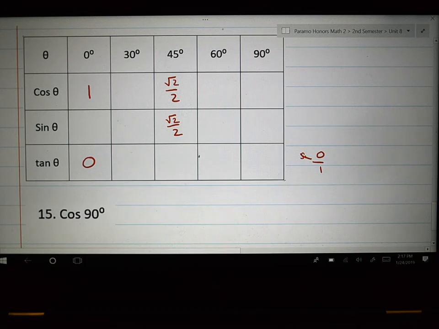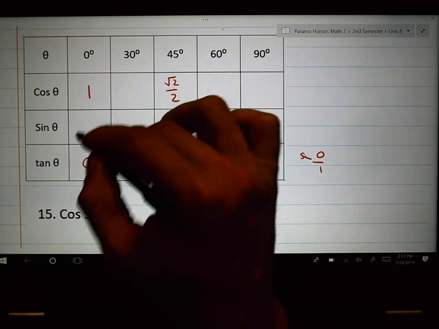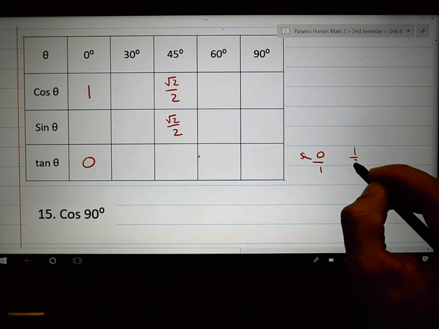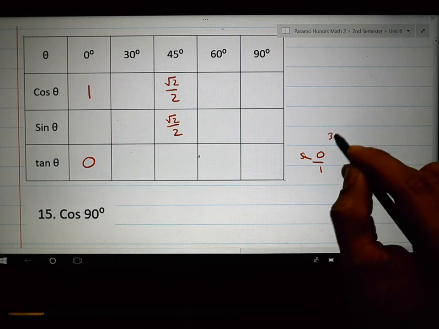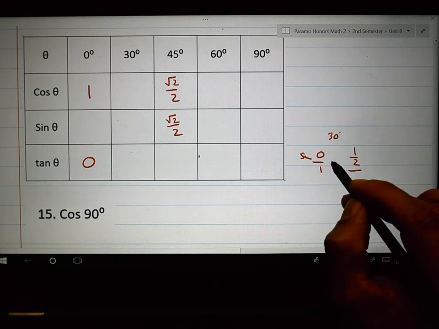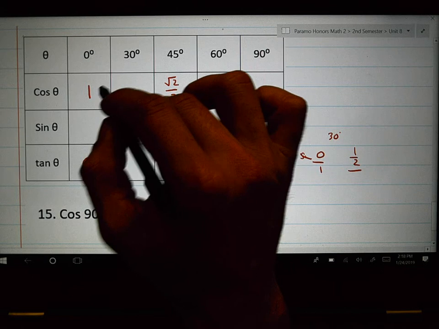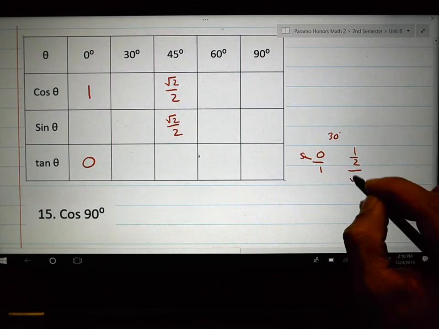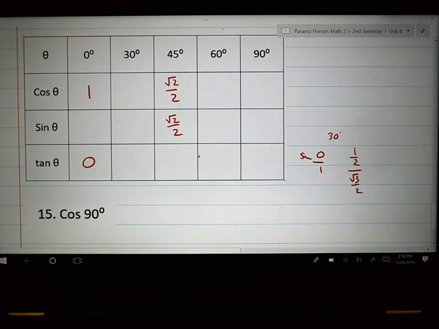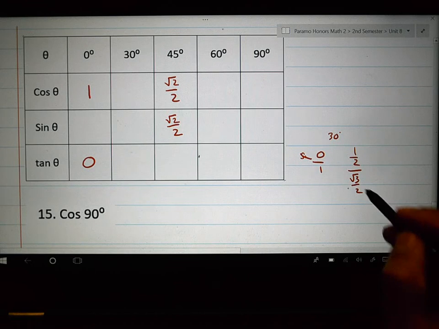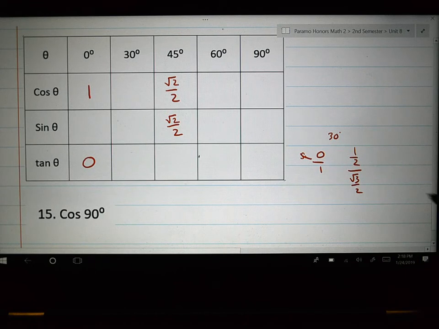You can do the same thing for 30 degrees. The sine of 30 degrees is 1 over 2. I'm going to do the 30 degree angle. The sine is 1 over 2. The cosine is root 3 over 2. If you're doing sine divided by cosine, some of you are going to get this complicated fraction and you may not know what to do. But if you see the same denominator,